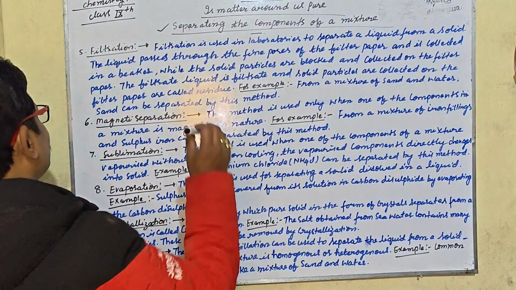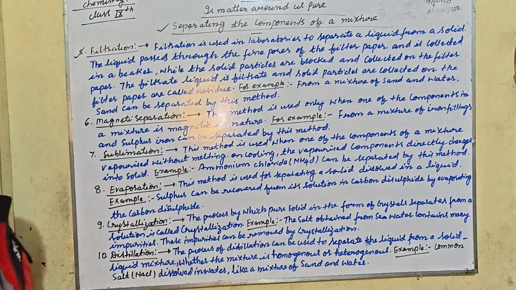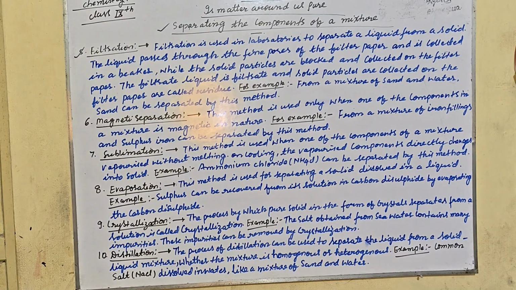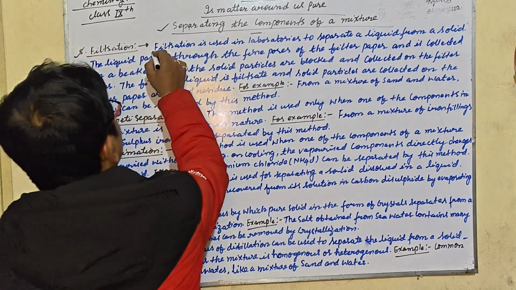So my dear students, let us understand the next topic. First is the separation of the components of a mixture. The first point is hand picking, second is sieving, third is sedimentation and decantation, fourth is centrifugation, churning. Fifth is filtration. Filtration is used